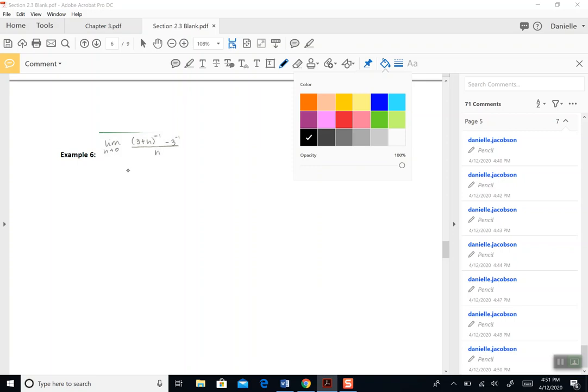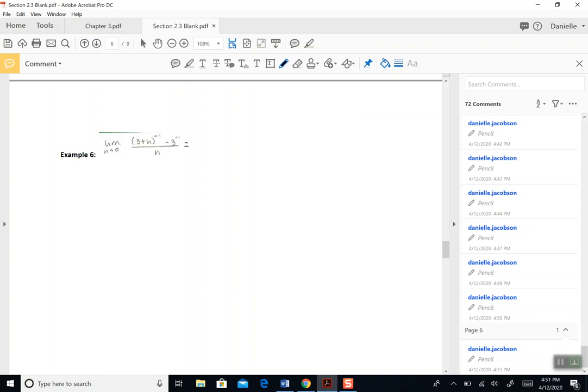All right, from the beginning, I know that I can't just run the limit through, because I have 0 in the denominator, so that's definitely not going to be an option. The next thing I want you to take note of is that when you have negative exponents, oftentimes it's better to not have them, because it allows you to do more algebraically. Since I have no limit laws that say I can run the limit underneath a negative exponent, I'm going to have to rewrite this so I can actually work with it. So this is the same as the limit as h goes to 0 of 1 over 3